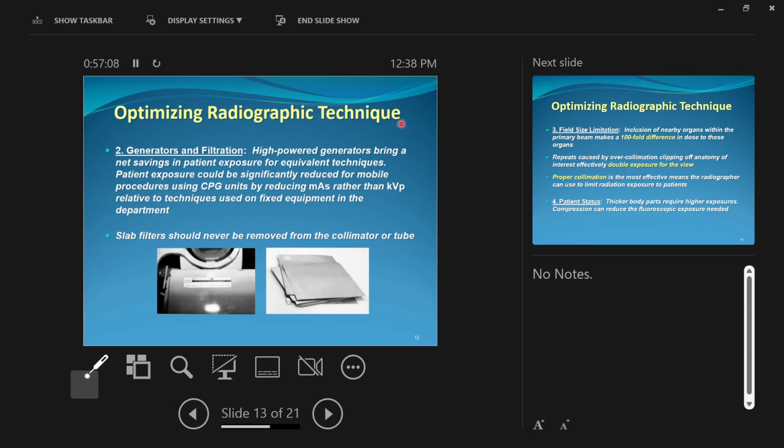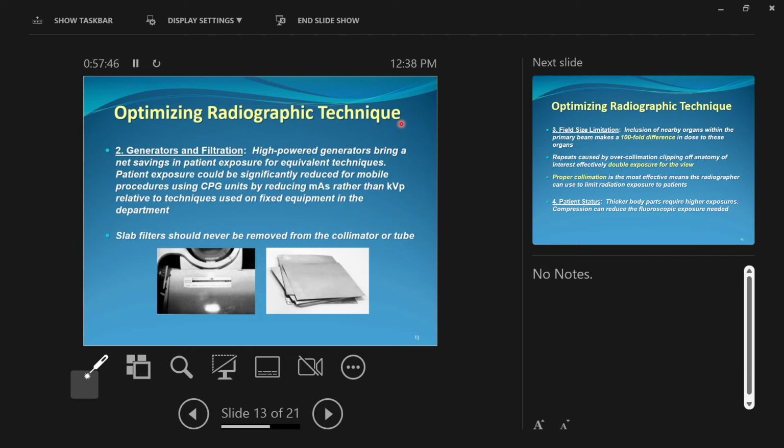The more efficient generators can make X-rays more efficiently than the less efficient ones. So with the same setting on a low efficiency generator versus a high efficiency generator, the high efficiency generator would give the patient less actual radiation while still producing a usable image. And that's about all you need to know right now about generators, because there's a whole conversation about generators to be had. So we could say things like high-powered generators bring a net savings in patient exposure